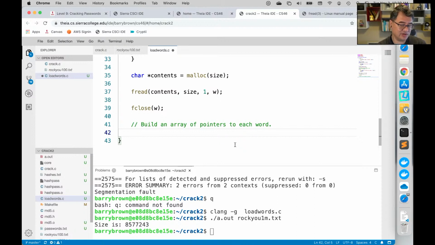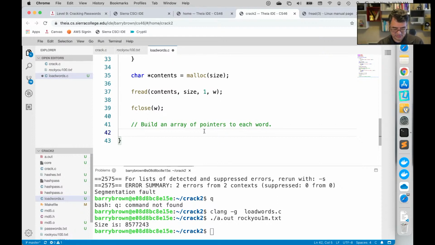Actually, why don't we do that first? We ultimately have to do both. We have to replace the new lines with null characters, and we have to build up a data structure to point to where the beginnings of each one of these words are. Couldn't you do it at the same time? We could do it at the same time. I don't want to complicate things too much, and maybe ultimately we will end up doing it at the same time. So we want to build up this array of pointers to each word.